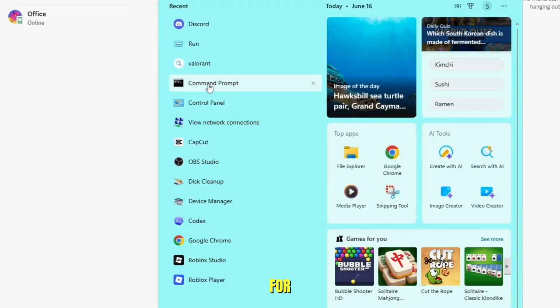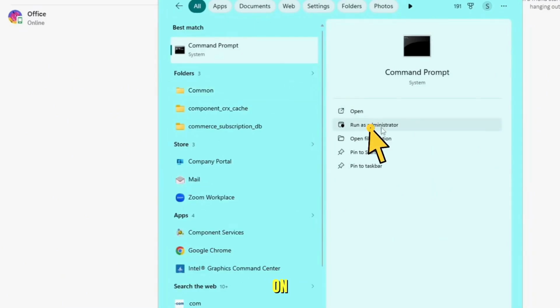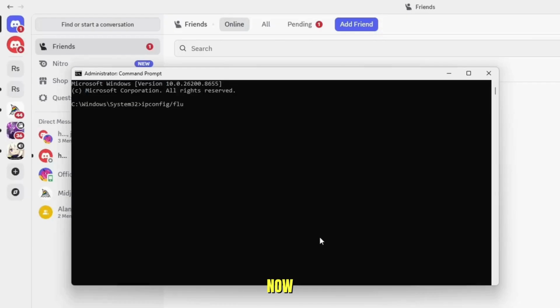Next, search for command prompt. Once it appears, click on the option run as administrator. Now go ahead and type in the command prompt ipconfig /flushdns and press enter. This will clear your DNS cache and can help improve connection speed and reduce ping issues